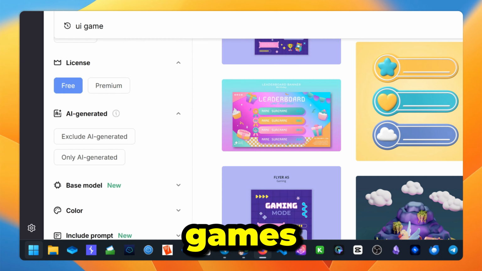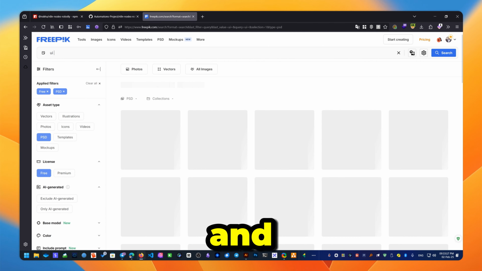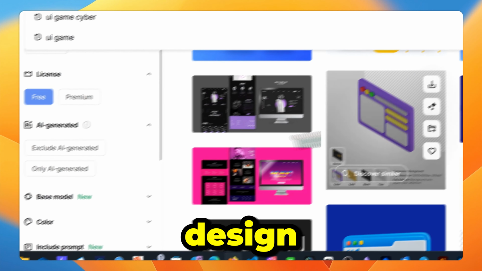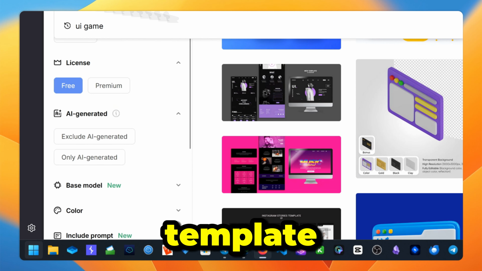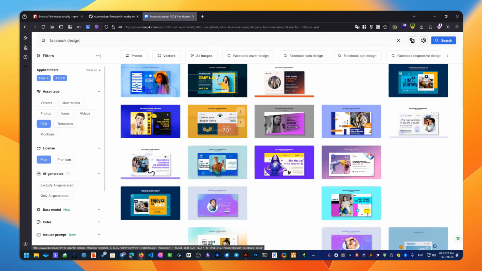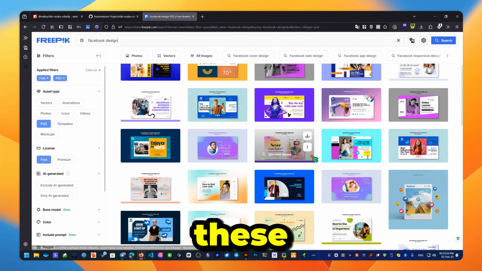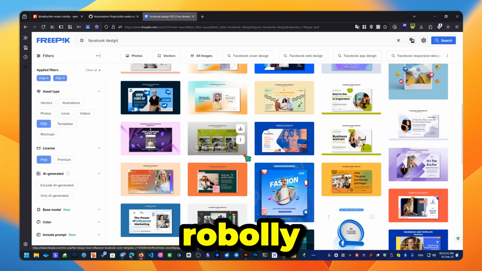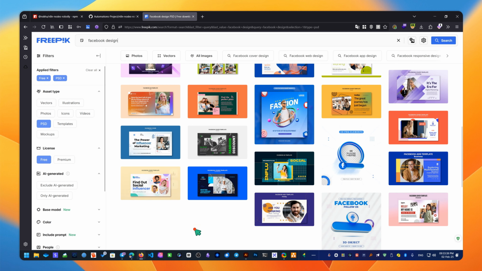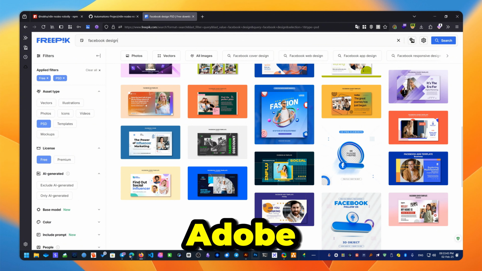Not just games. You can just write UI and you will get shapes. Or you can write a Facebook design, and you will get a PSD template. These templates can also be imported to Robolly. You just have to open them in Illustrator. Or if it's PSD, you can open it in Photoshop. If you don't have Adobe products,